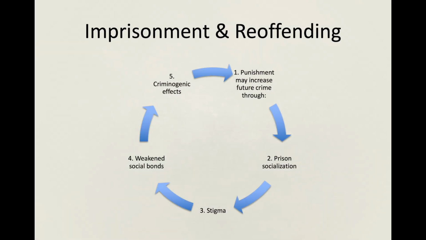Now let's move into one of the more important debates in deterrence research. Does imprisonment reduce future offending? Classical deterrence theory predicts that punishment should discourage future crime. However, modern research on imprisonment and recidivism complicates this assumption substantially. Research by Nagin, Cullen, and Johnson reviews evidence suggesting imprisonment may sometimes increase future offending rather than reducing it. And this is a major challenge for simplistic deterrence assumptions.